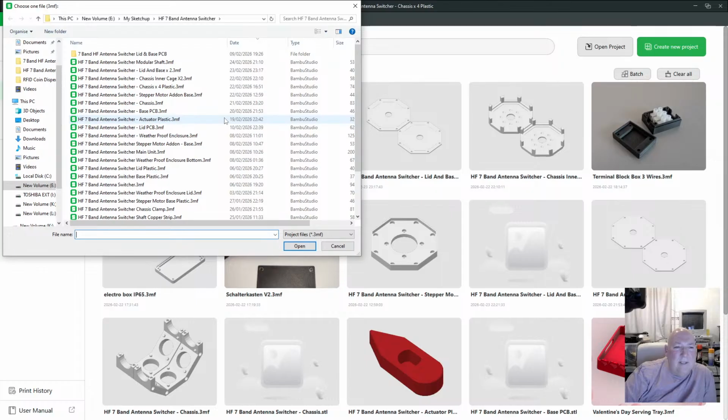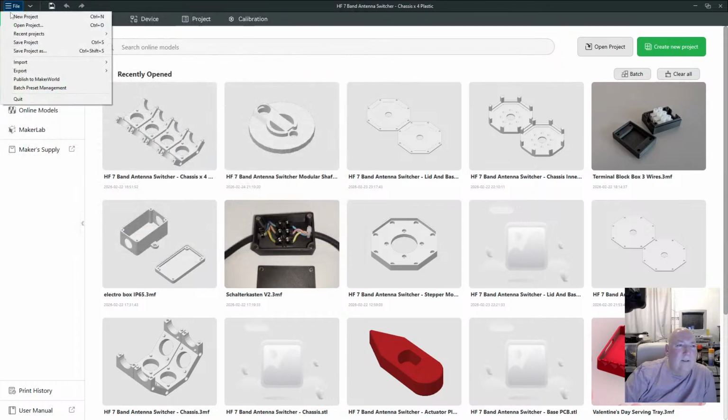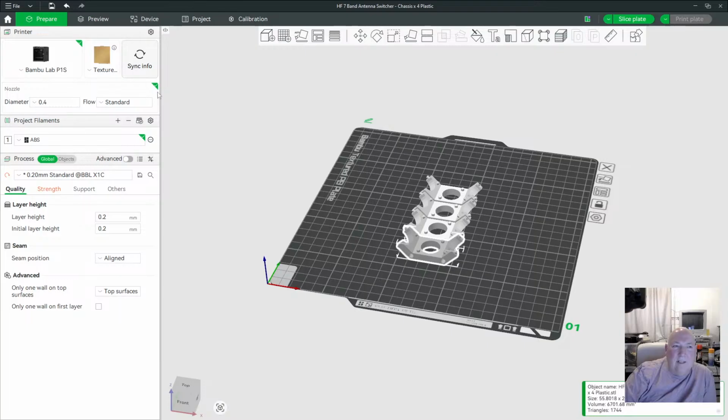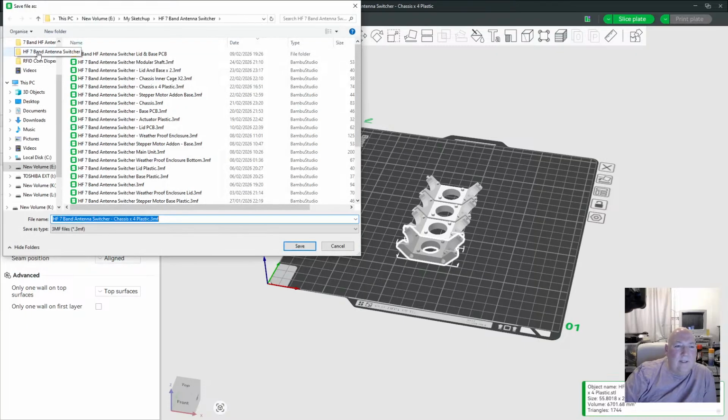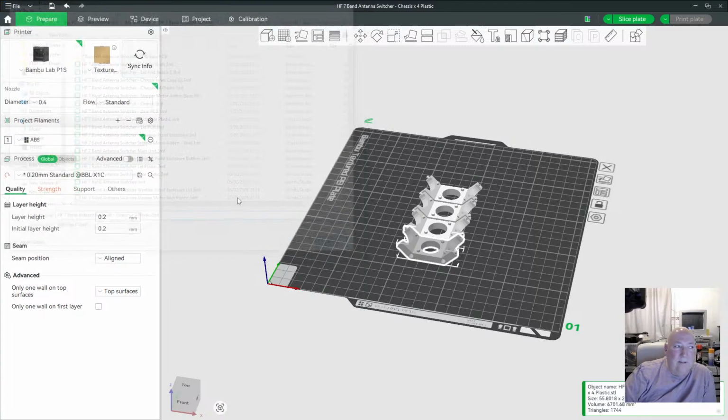Right, we'll start again then. File, new project. Tell you what we'll do. We'll go back to that, we'll save as, and we'll call it HS. Well, it's something totally different here. Oh, I'm totally confused tonight.